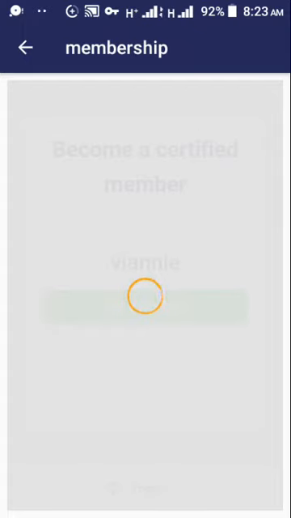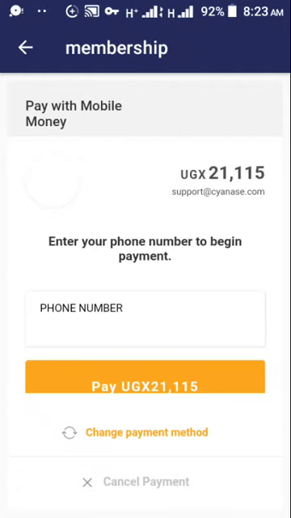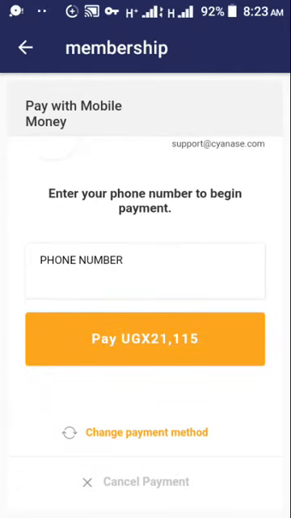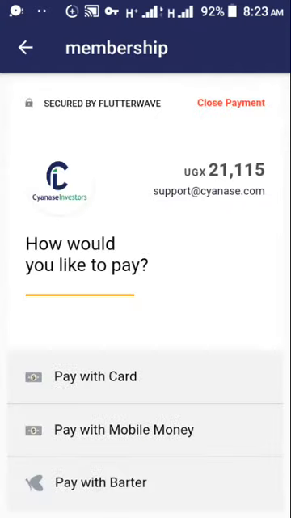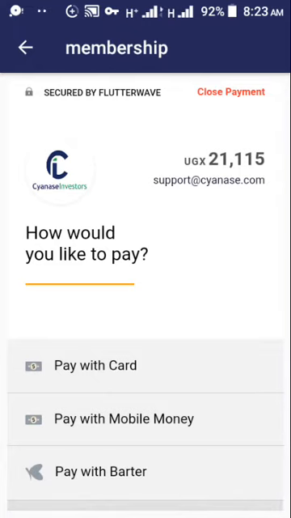So it's also trying to load. Yeah, all depends on your internet connection. So yeah, it's trying to give me options here. Which options should I choose? If you feel like you can use mobile money, you use mobile money here. The kind of payment systems you will use depend on your country as well. These ones are customized for Uganda. For Uganda, you can use mobile money. You can also use pay card. You can use bank transfer. If you're from Nigeria, you have something like